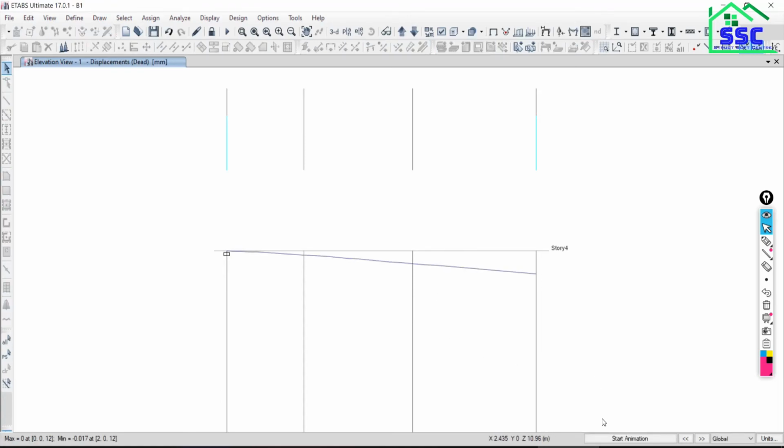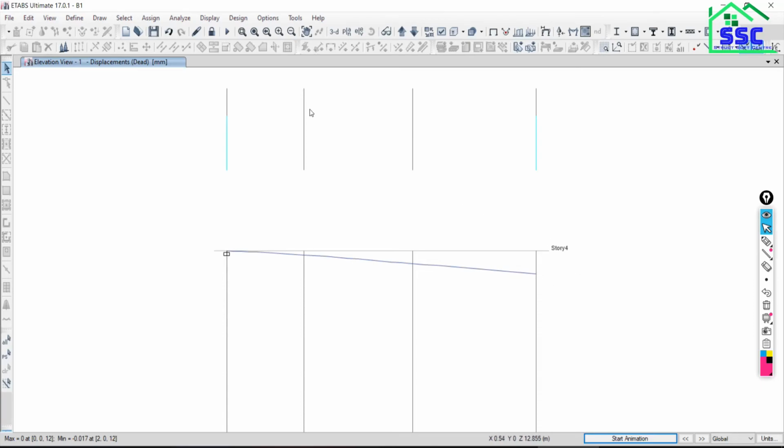So this is the deformed shape. The animation of your deformed shape is like this. Just stop it. Now first we want to see the movement in the member. In which axis do I have to see? In a beam, would you like to see the axial force? Does a beam carry axial force or not? Exactly, a beam will not carry any axial force. So two things actually remain: shear force and movement. First we would like to see the movement. Which axis would you like to see for the movement? Good.